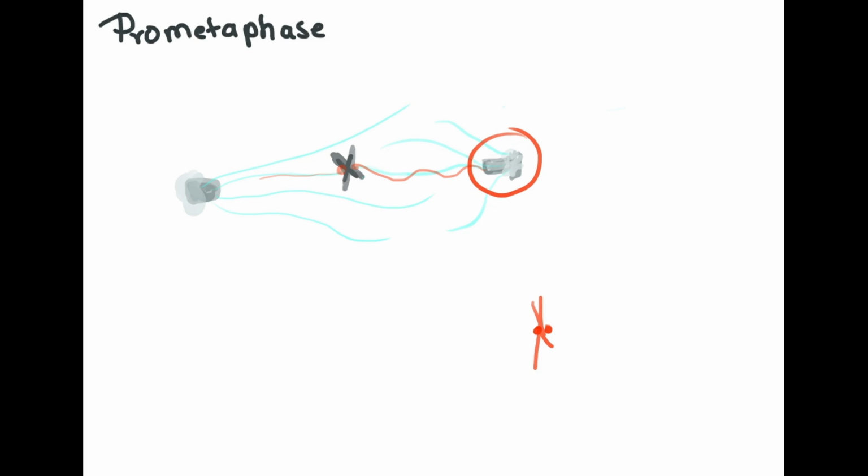So if there are two strings pulling a certain entity towards themselves, there's going to be a tension, and a movement of the chromosome towards either of them,